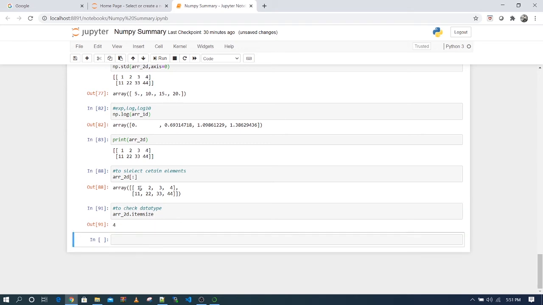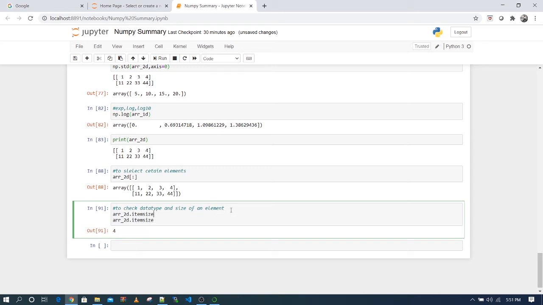So each element is taking 4 bytes in memory. Let me show you separately, itemsize and dtype.